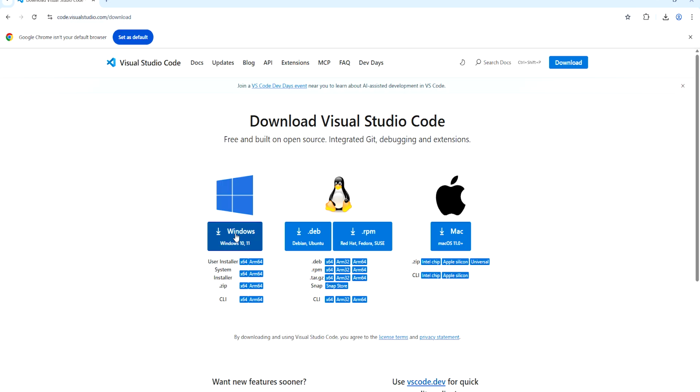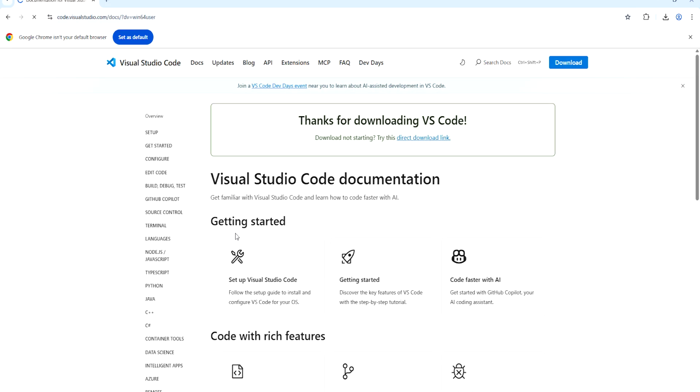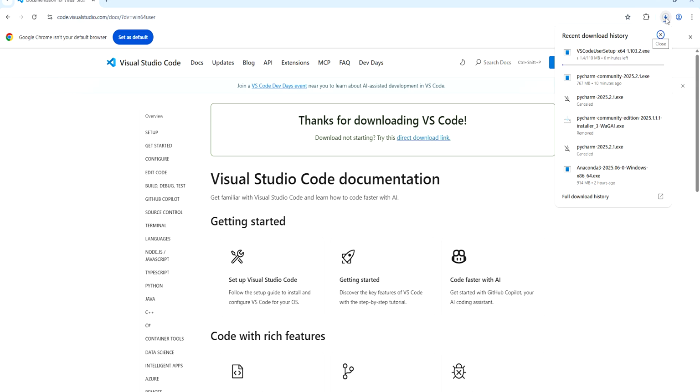Click on Windows 10 11 link and download will start. It is going to complete in a few seconds. We will use Visual Studio Code for writing the Python code and run from Visual Studio Code itself.